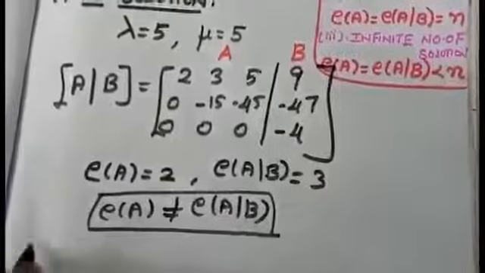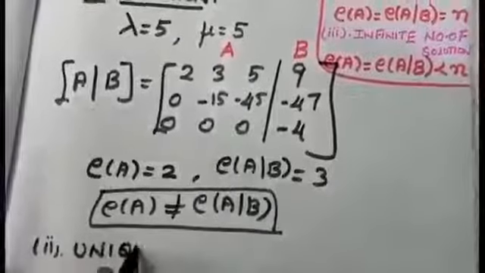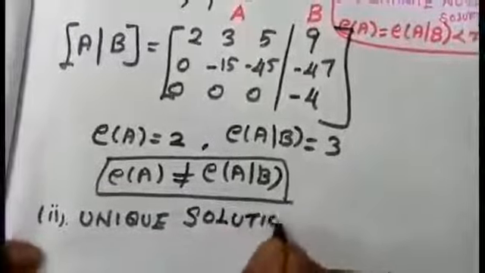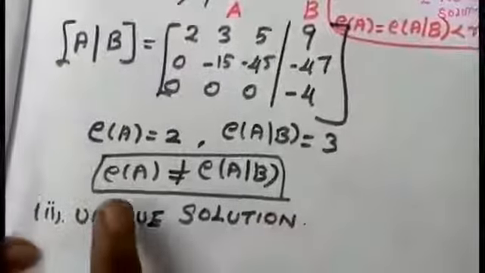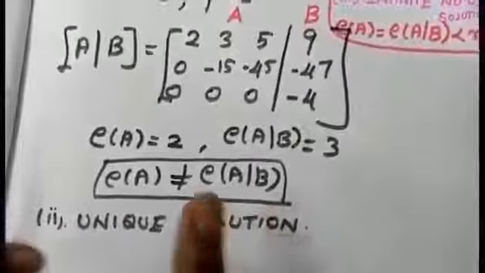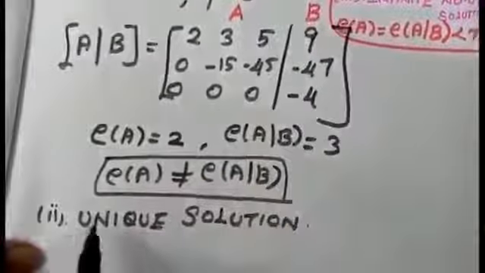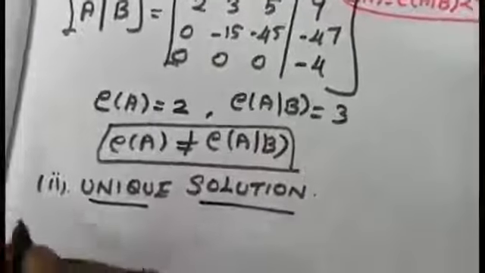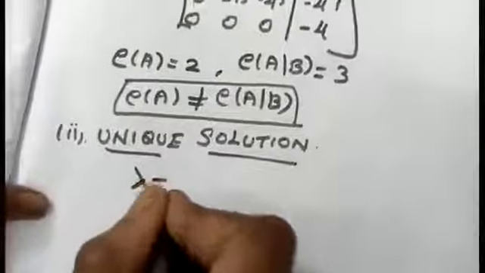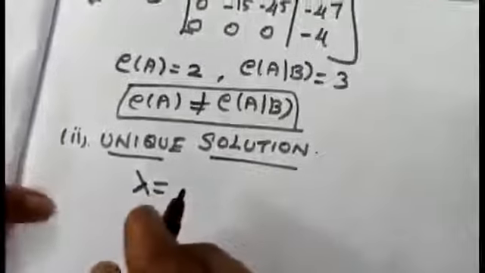The second one is, I am going to talk about unique solution. What is the meaning of unique? I should get the number as 3. Since the value for n is 3, I should make rank of A and rank of AB as 3. So what is the value I am going to give here? Apart from 5 and 9, I am going to give some other value so that I can get the rank as 3. You can give any value but rank A should be 3 and rank of AB must be 3.